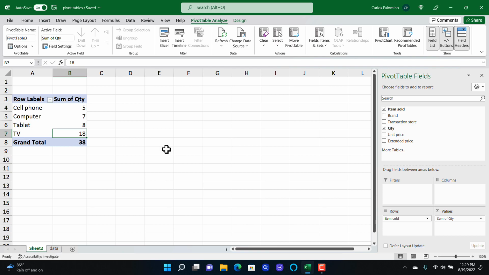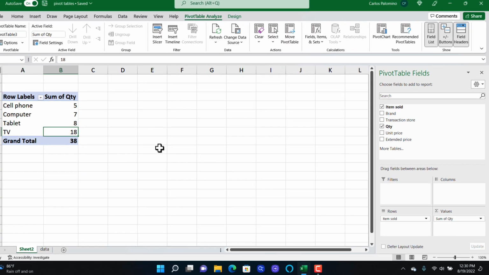Now, how do we answer the other questions? Do I have to create a new pivot table? The answer is no. You can edit the pivot table to include or change other fields. Our second question is looking for the best-selling product by dollar. The total price per each transaction is included on the field Extended Price. Here we can decide between including the field or changing it. Let's do it both ways.